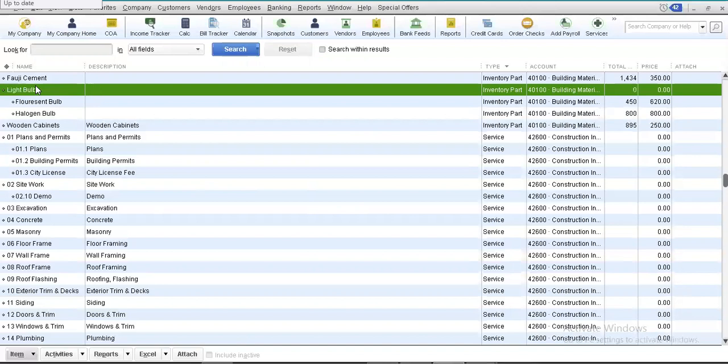Now my dear friends, let me tell you another important thing, and that important thing relates to how we can import some inventory list from a foreign source, that means any source other than QuickBooks.